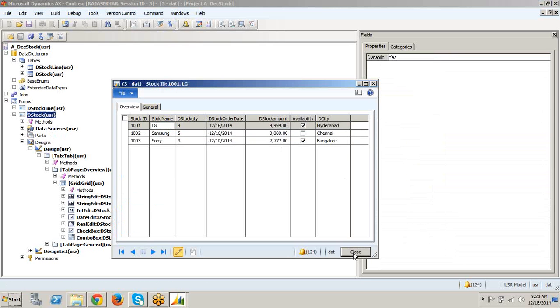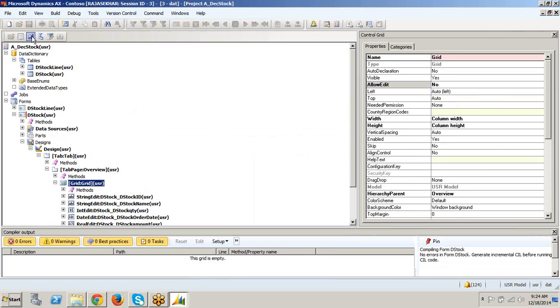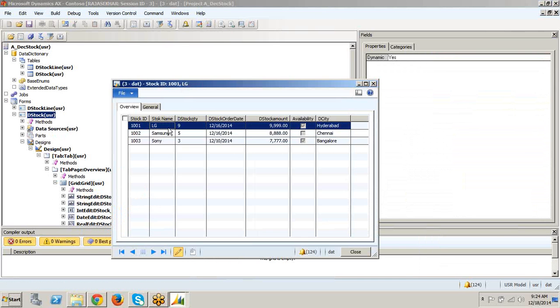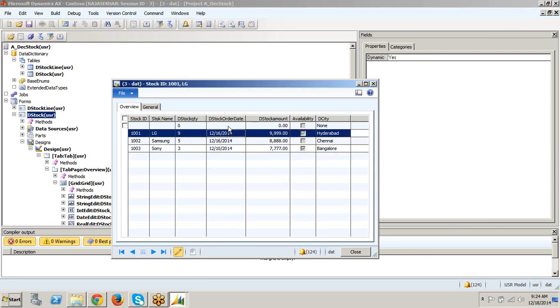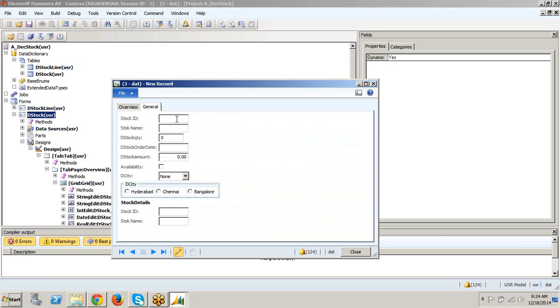Suppose you want to lock this modification. So here you will have a property called allow edit. Make it as no. Now if I open the form, you can see that it is not allowing us to edit. You cannot type any data here. You can type the data only here.